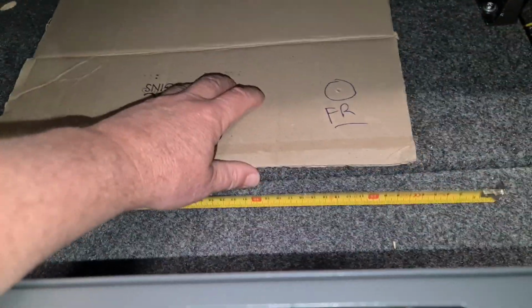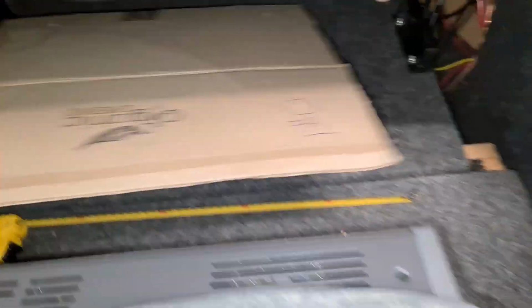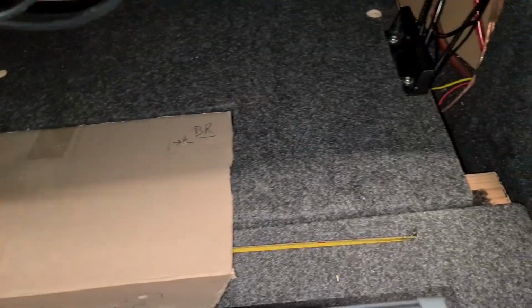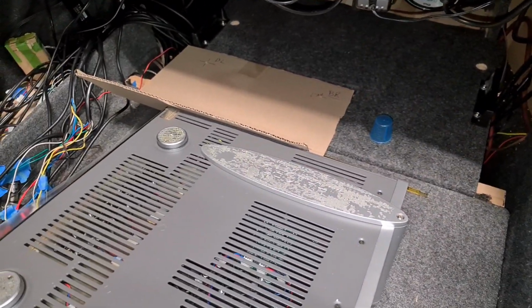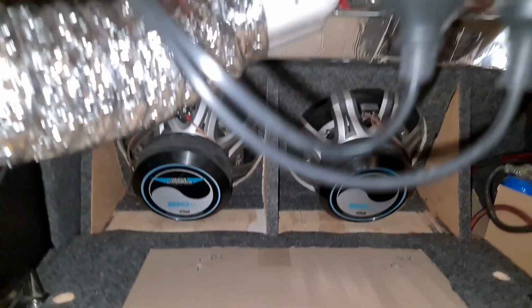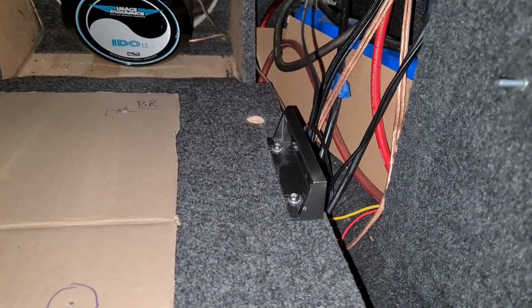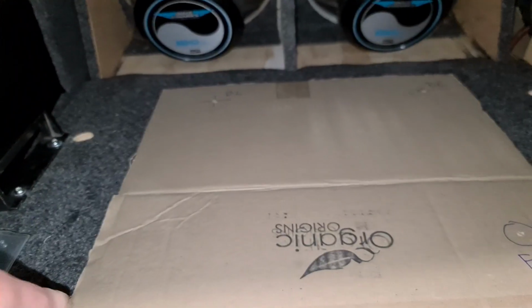Then I will drill pilot holes through those holes and go to the next step, which will be setting our anchor points like that, and etc. Also, I'm going to center to the center of these subs, which as far as I know is the center of the car, and this board is not centered, so don't go by the board, I'll go by the subs, and I might even move it 1 centimeter this way,